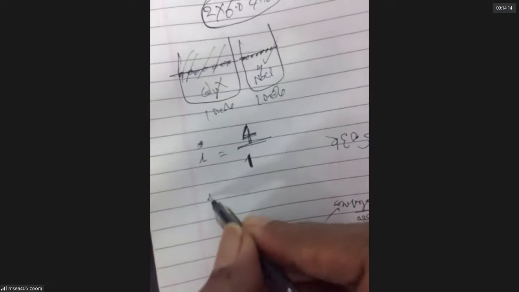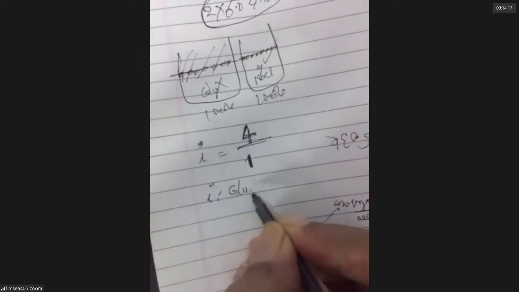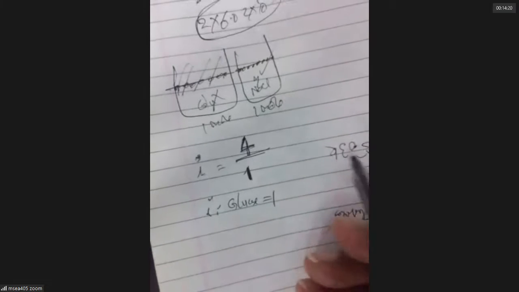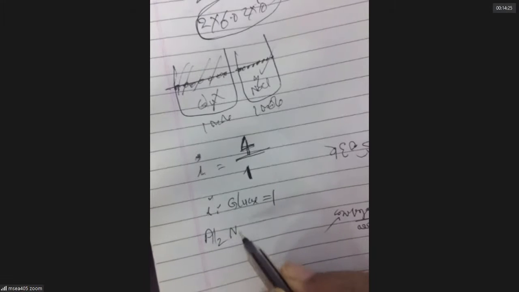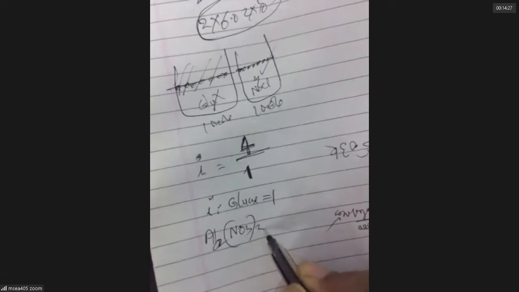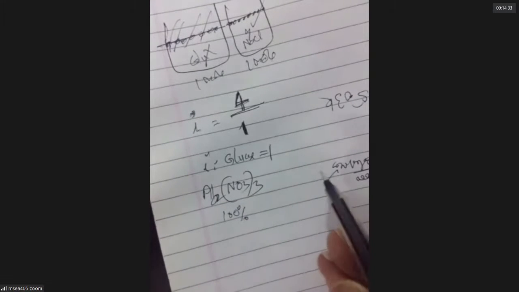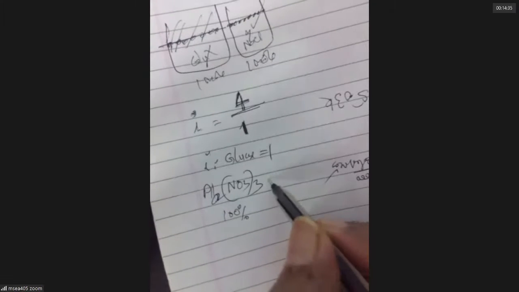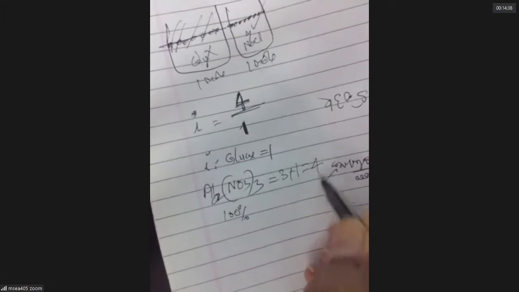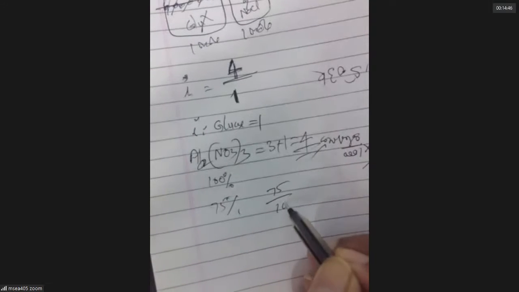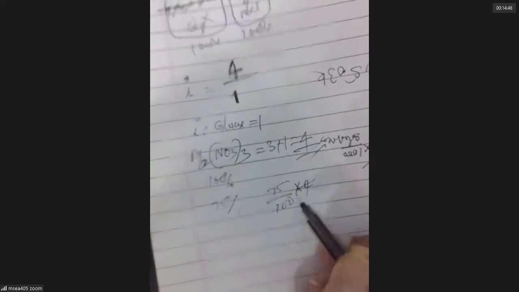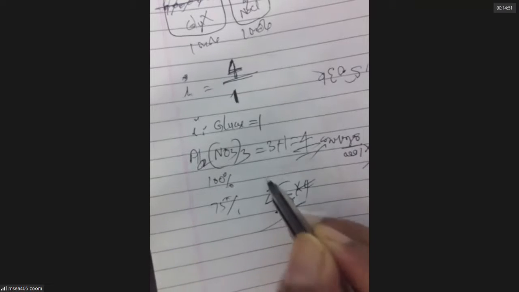What is the van't Hoff factor for glucose? For glucose, which is not dissociating, the van't Hoff factor is 1. What is the van't Hoff factor for aluminum chloride, AlCl3? If it dissociates 100%, its van't Hoff factor will be 4. Suppose it is dissociating only 75%, then the van't Hoff factor will be 75% of 4. What is its van't Hoff factor, sir?